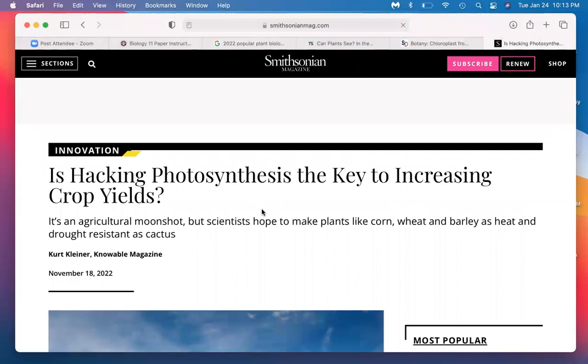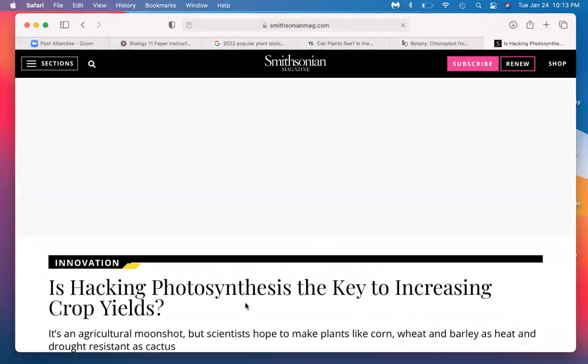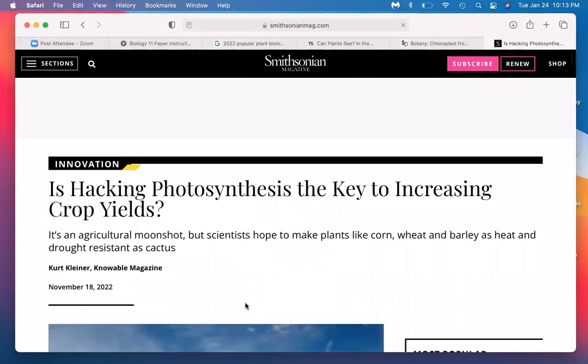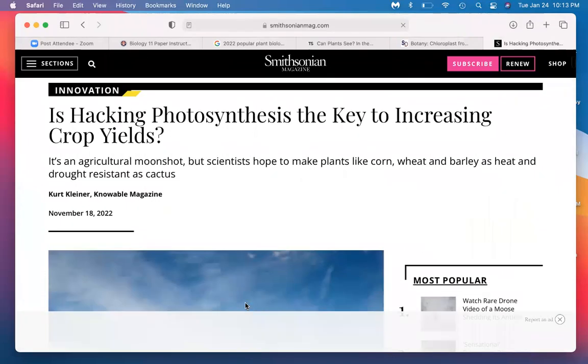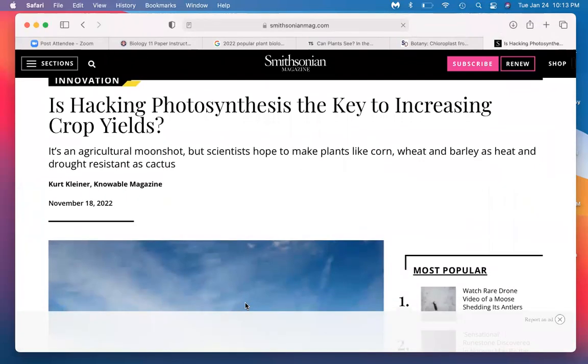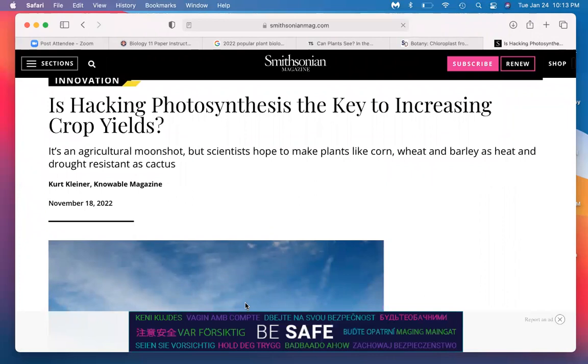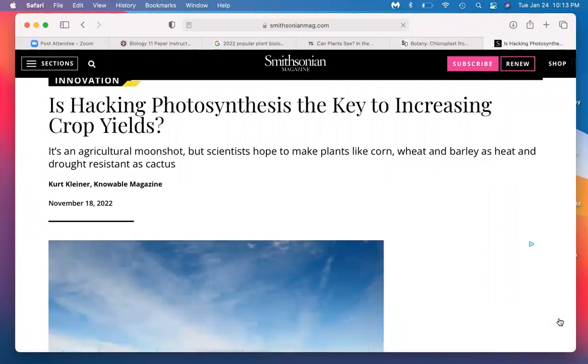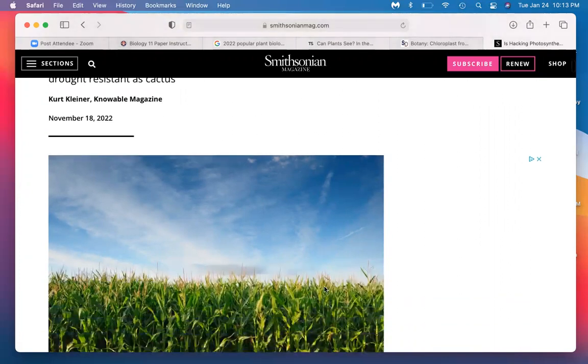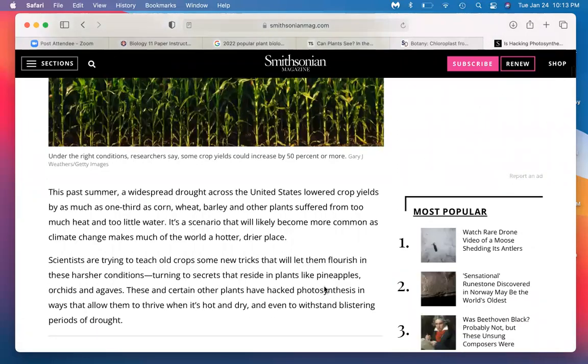It's called Is Hacking Photosynthesis the Key to Increase Crop Yield? So sometimes articles like this can be misguided in the sense that it'll talk to you about cropping systems. Remember, we need to stay away from cropping systems and focus more on the biology and botany of plants. So, as I look into this article,